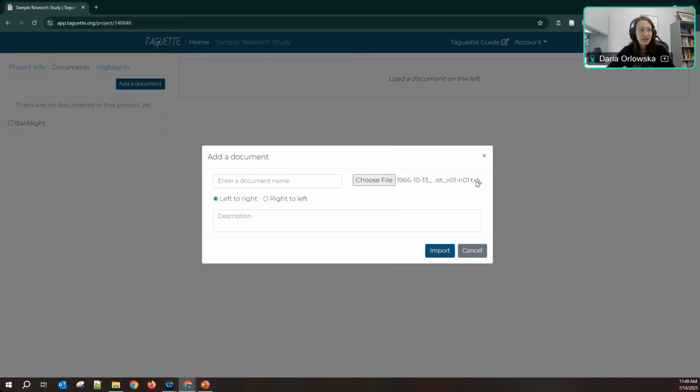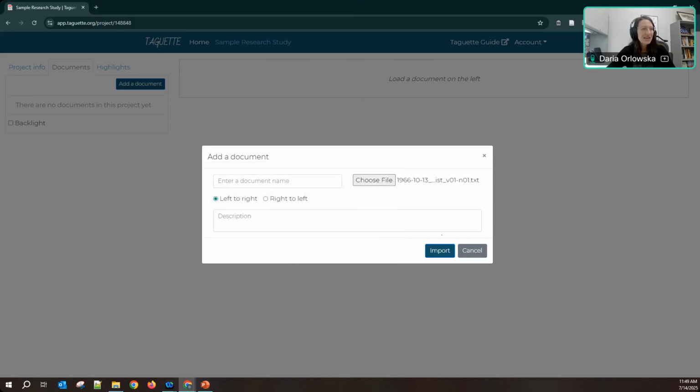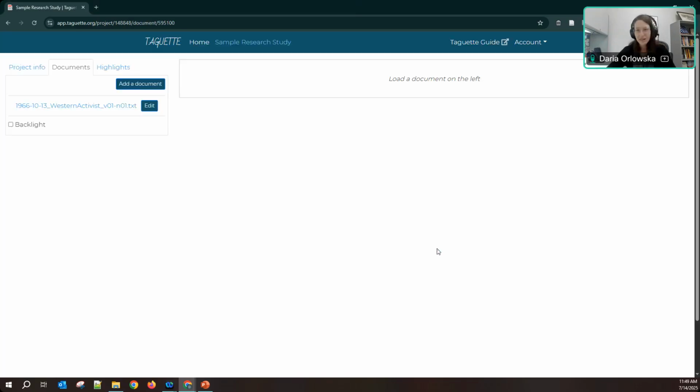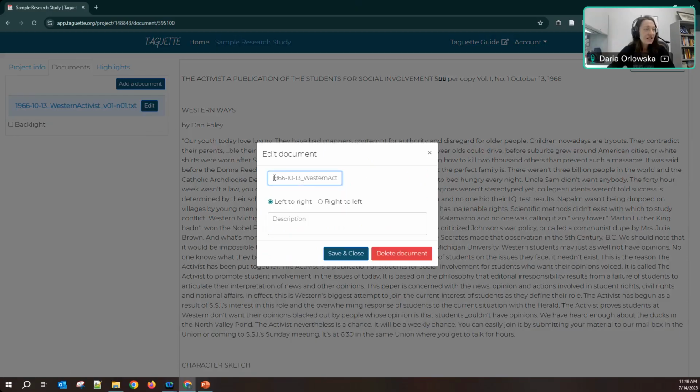As you can see here, it has the file chosen, and I clicked on it and it unchose the file. Let's do that again. And then I can click on Import without putting any additional information. So if you don't change the name of your file, it will just go with the default. And then I can just click Edit at any point and change the file name. So maybe I don't want the extension, I can just go ahead and remove it. And I can put a description here at any point as well to give me some more information about the file.